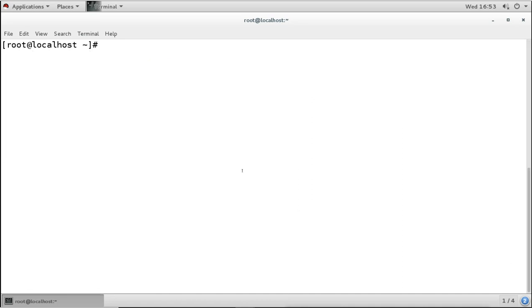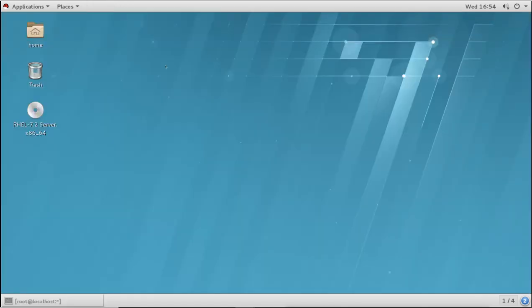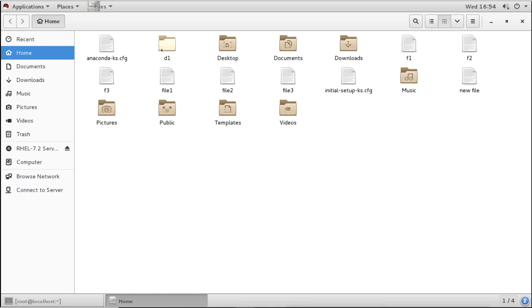Now there is one more thing we can do in the command line that we can't do in graphical. Suppose I want to create a directory structure. For example, I want to create one directory here. So I will right click and create a new directory. This is graphically what we do.